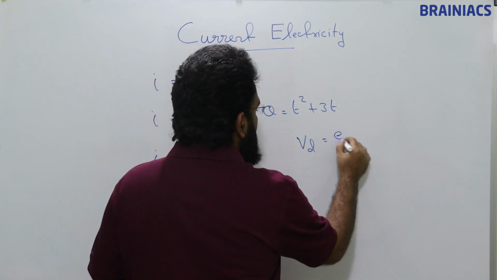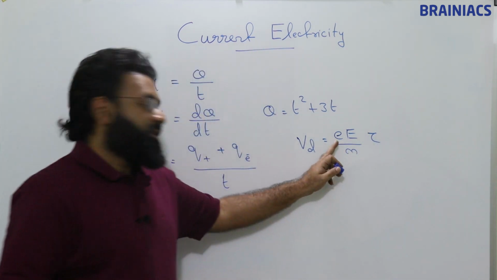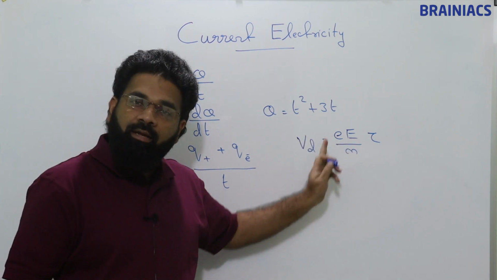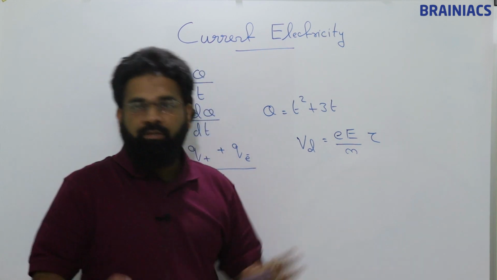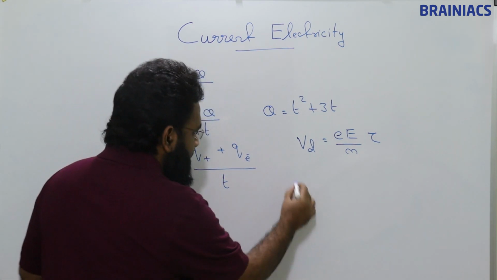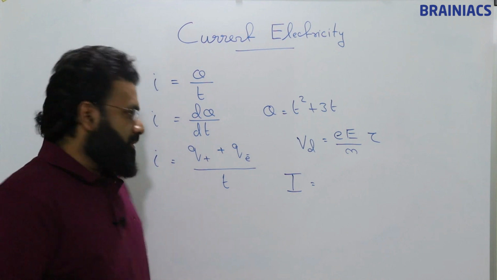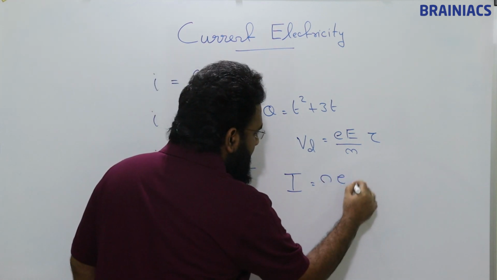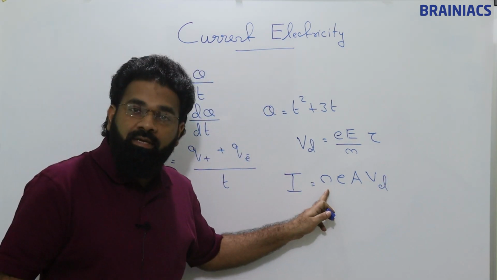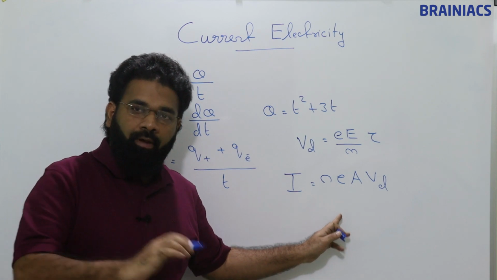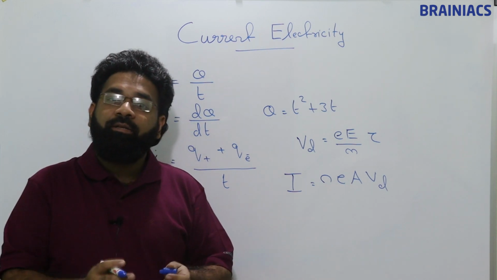So Vd is equal to eE divided by m into tau, where e is the charge, E is the electric field, m is the mass of the charge carrier. Then what is tau? Tau is the average relaxation time. Then the relation between current and drift velocity: I is equal to nAe Vd. Here n is the number density, the number of charges per unit volume, e is charge, A is area of cross section of the conductor,